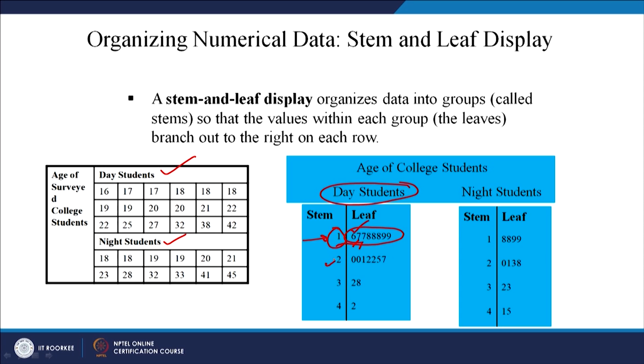Similarly, 2, how many students have got age 20? You need not look even at this table, you just look at this, the first 20 and this is the second 20, right, is not it. Then 21, 22, 22, 25, 27. If you look at this stem and leaf diagram, you will see that the data are concentrated at this. It means most of the students have got age 19 or less than 19. This is how you can easily know about the data set.